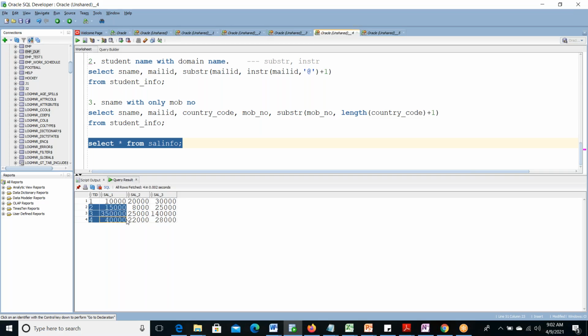Similarly, for other employees, other candidates also, they are earning different salaries from 3 different companies and part-time jobs they are doing. These are the monthly salaries, suppose. Now, write one query. It will display all these candidate details, with their highest salary from all these 3 companies